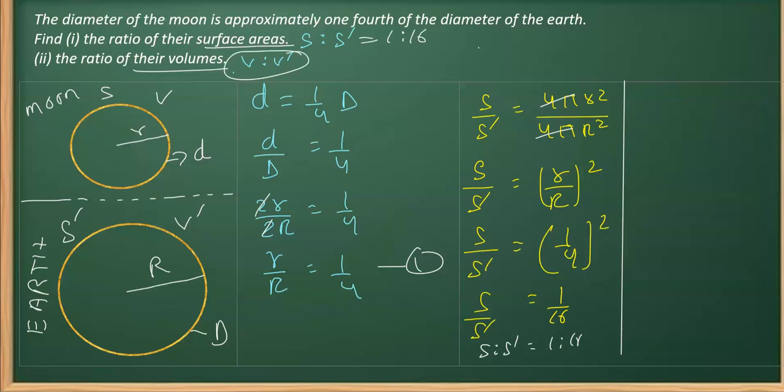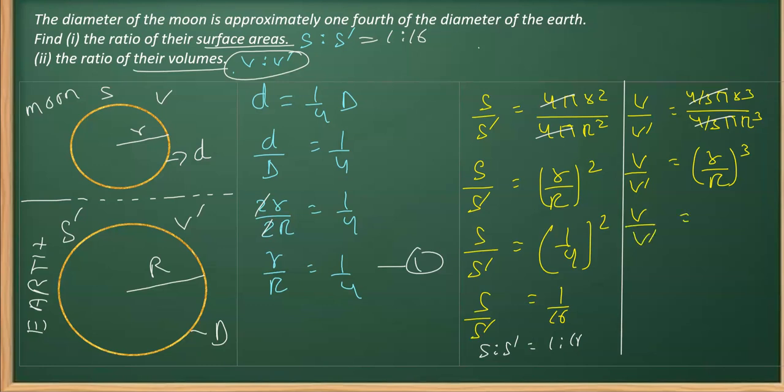Now we have to get the ratio of their volume also. We'll be writing in the same manner. We can write V over V dash, replacing V with the formula, that is 4/3 pi r cube, and below it is 4/3 pi capital R cube. Now we can reduce this. So V over V dash is equal to r over R, whole cube. So it's V first and then below it's V dash, right? So V over V dash